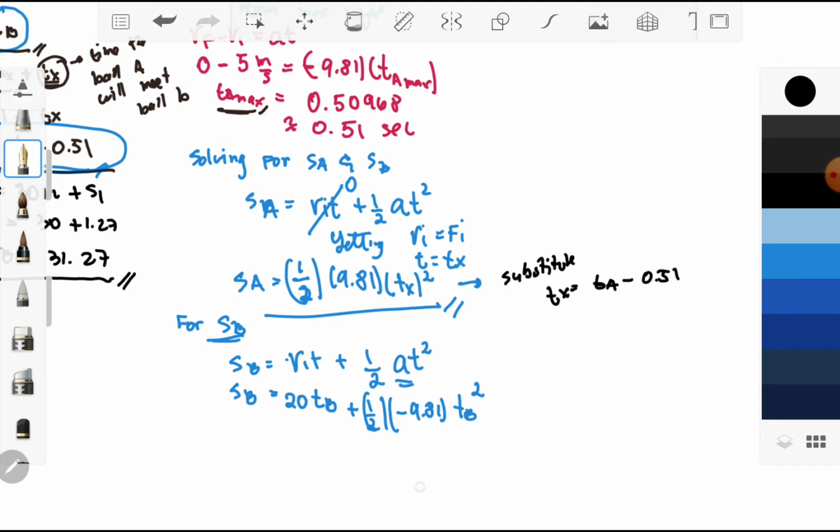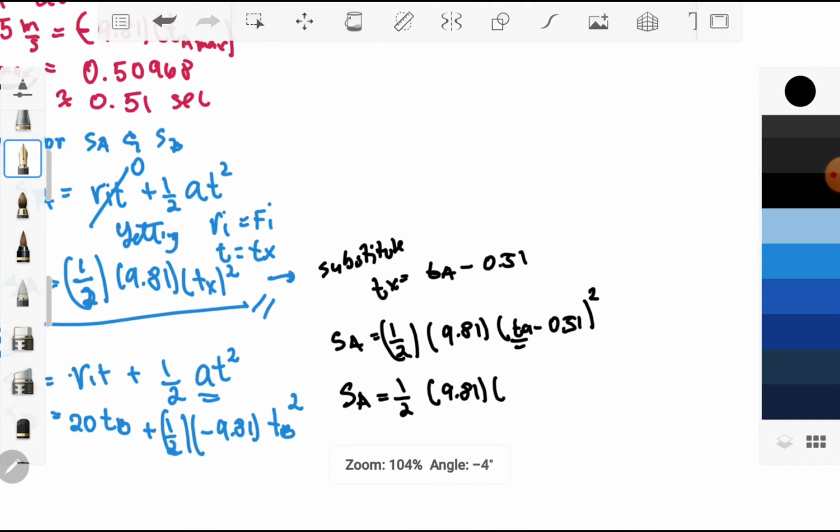So we'll have a value equal to SA equals 1/2 multiplied by 9.81 multiplied by (TA less 0.51) squared, which is our TX. Take note that our TA is equal to TB. So therefore, I may denote my TA as TB. Okay. So therefore, I have SA equals 1/2 multiplied by 9.81 multiplied by